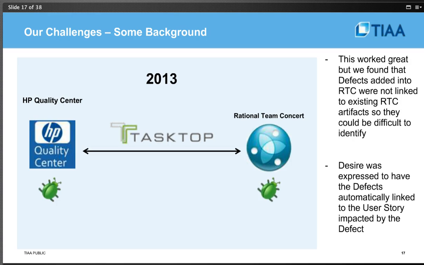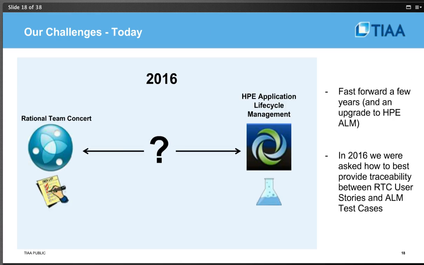So they said, boy, if you could create that defect in RTC from that QA defect in ALM and link that to a user story, wow, that would be great. Then I would have that visibility into that defect. All right, so we kind of put that on the back burner, and then fast forward a few years,